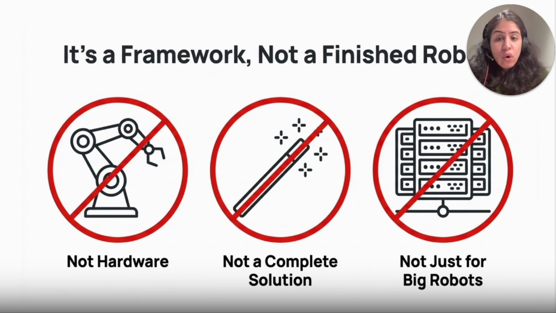Let's talk about what ROS2 is not also now. Let me quickly clear up a few misconceptions. ROS2 is pure software. It doesn't come with motors, sensors, or robot parts. It's designed for the brain of the robot, running on computers for complex calculations. For low level hardware control, you often use, as you would probably know or not know, microcontrollers that communicate with